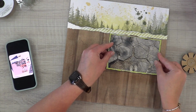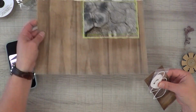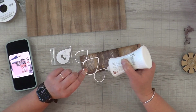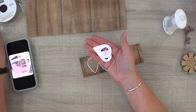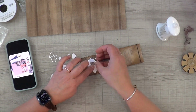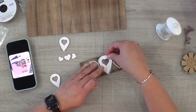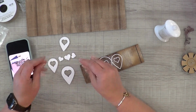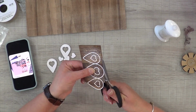So I'm going to go ahead and pop my photo right up at the top edge, just like Nikki did. I don't want to miss a thing because I love everything about her layout. Now, I don't have 3 photos. My photo is wider, deeper, longer, bigger. It's not as long, but it is thicker. So it goes down farther than what Nikki is using. So she's got a lot more room to play with,